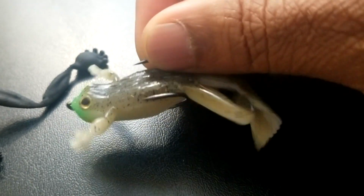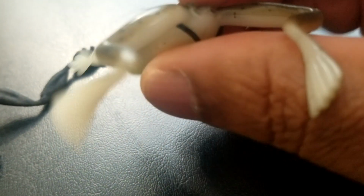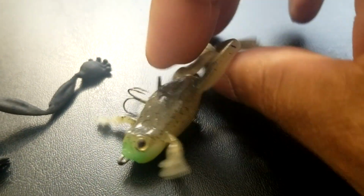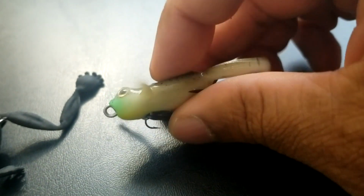I actually replaced it. And I want to show you something else about this one that's very unique. It even has little air holes in the back of it as well. So it does compress down. Because it was able to compress down, I decided to add an actual frog hook to this lure here. Let me get this straight here for everybody. So I decided to add, as you can see right here,